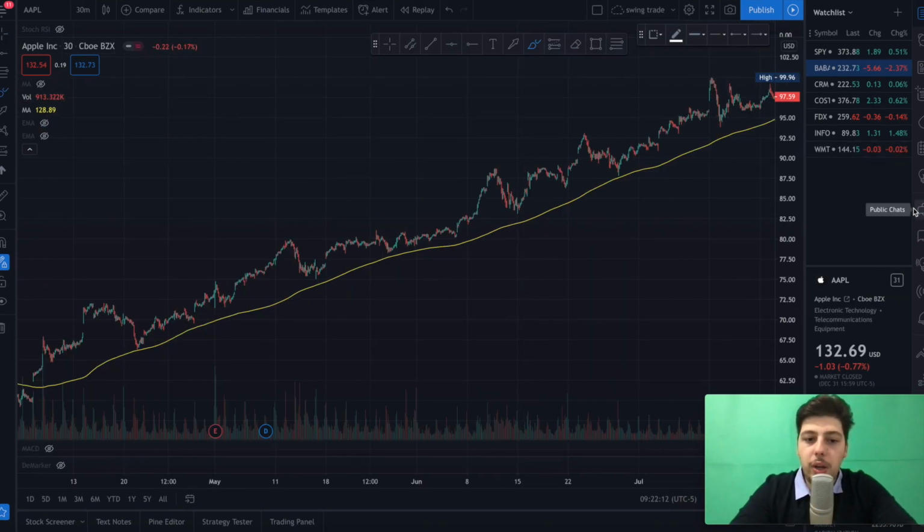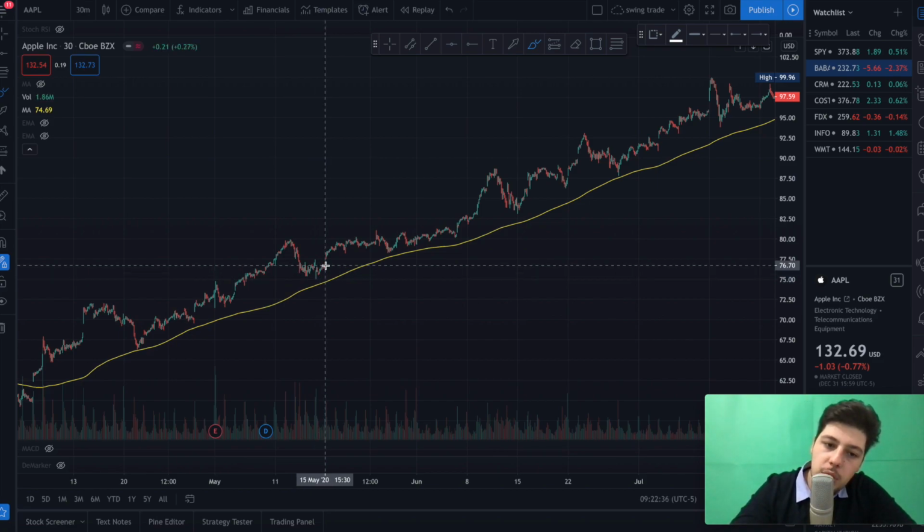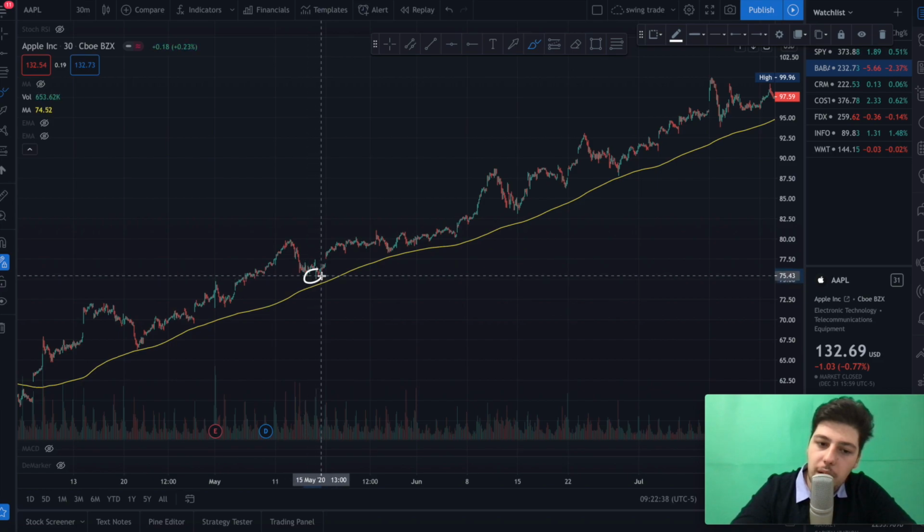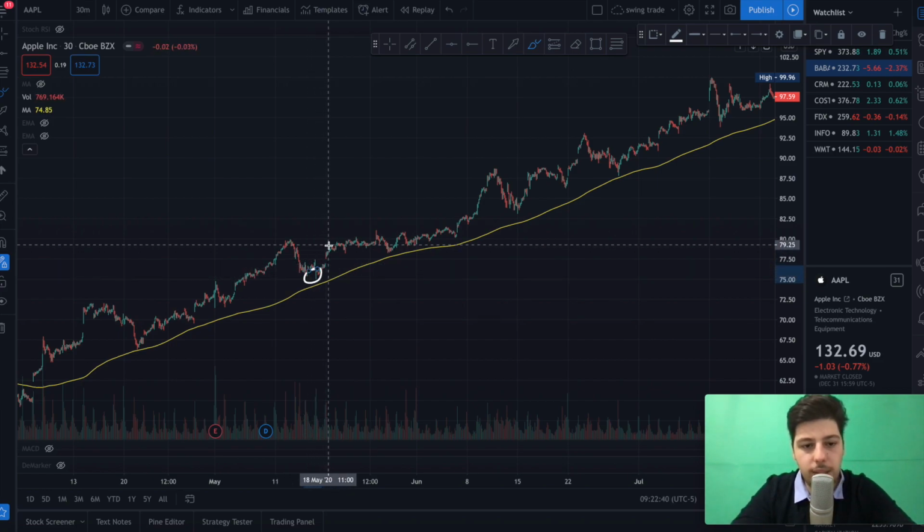Another great way to use the moving average is to catch momentum. Here's a perfect example of how you can catch momentum using the 200 moving average. When catching a momentum, we clearly want to buy around when the price is close to the 200 moving average or any moving average. Okay, so we're going to buy right around here,